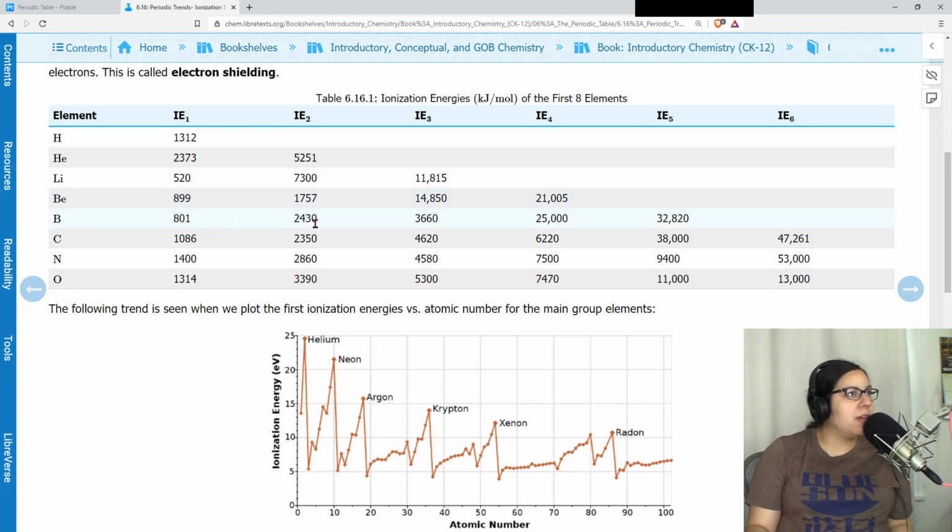So at our more successive ionization energies, you can tell basically where your valence versus your core electrons are. So looking at boron, its ionization energies are 800, 2,400, 3,600, and then, whoa, look at that huge jump from your